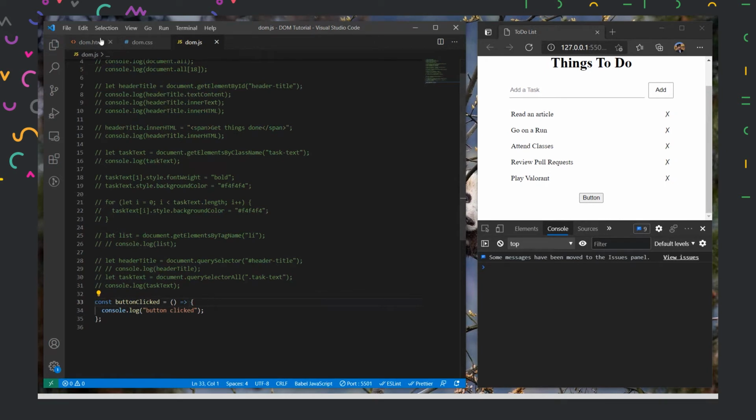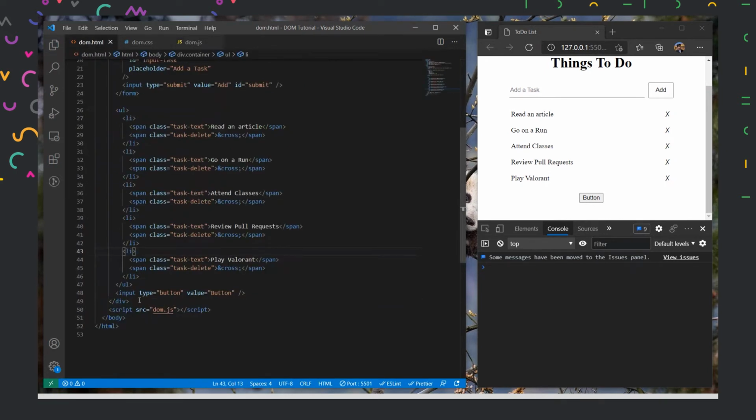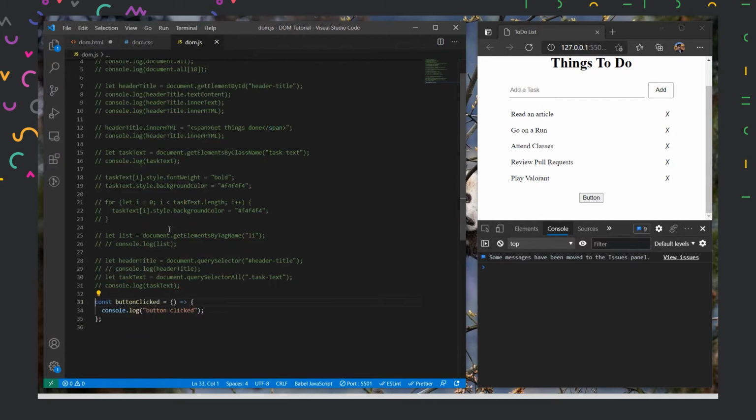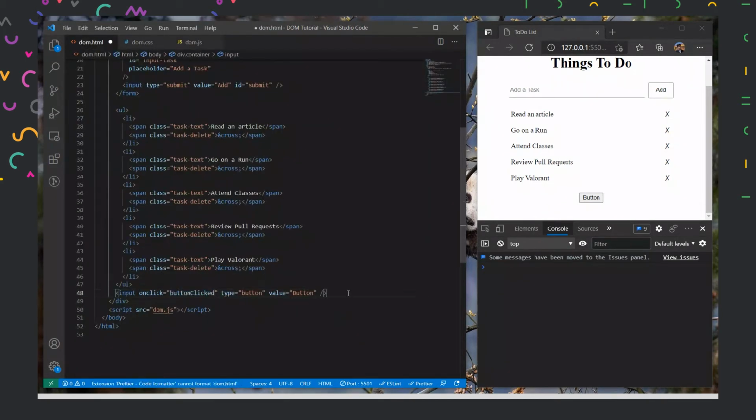Which could be accessed. So what we naturally used to do is add the onclick method over here. What onclick does is it will just ask for which function needs to be executed. So if I type here button click function, and then save it, on clicking this button, it should return us the log.